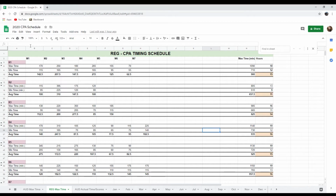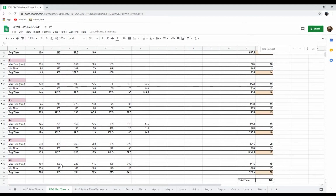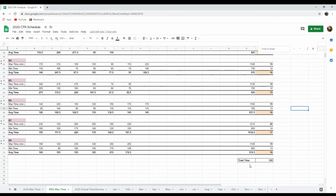Okay, so on this screen we have my timing schedule. In the orange here is the average amount of time that, according to Becker, it takes for each section. So the R1, R2, R3, R4, and so on are each section, like all the chapters. Then we have the modules up at the top, and you can see the average time listed here in bold, the average amount of hours it'll take for me to complete that chapter. And for REG, there's 8 chapters in total, which equates out to perfectly that 120 hours that is recommended